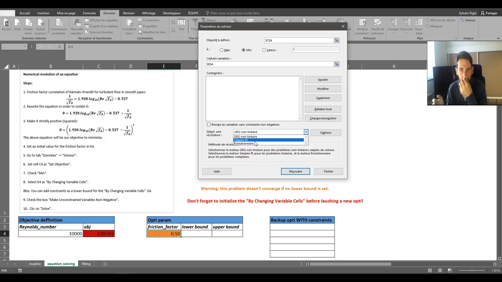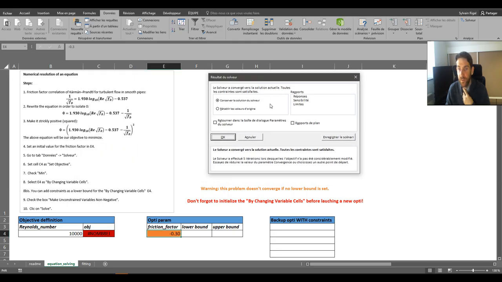Let's say, for example, something like 10 parameters or more. It could be very interesting to use an evolutionary algorithm, but again, it depends on your problem. It depends on the algorithm. But just keep in mind that if you have a lot of parameters, you can try the evolutionary algorithm and see if you get a better solution, or if you reach a solution faster. So you can try it. And also it's interesting for non-smooth problems. So here we just take the nonlinear because it's a very simple problem, and this algorithm usually performs quite well. So here, if I click on solve,